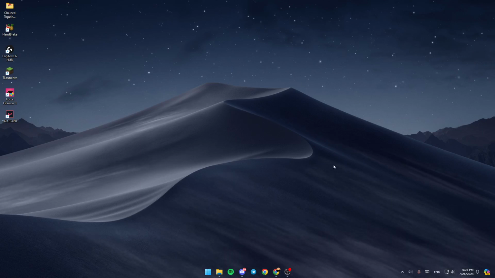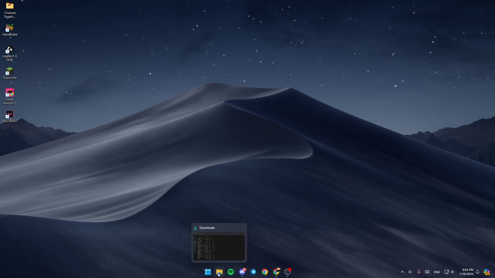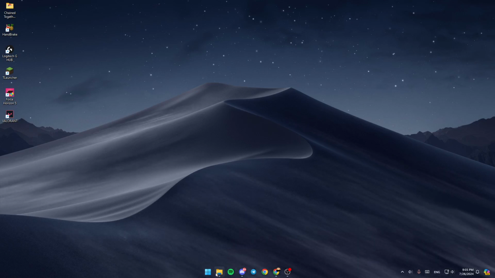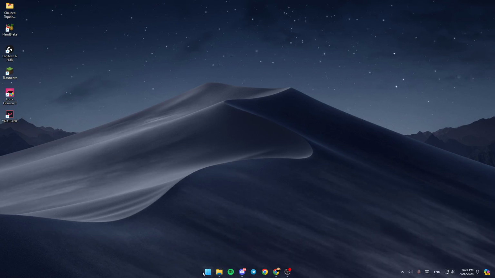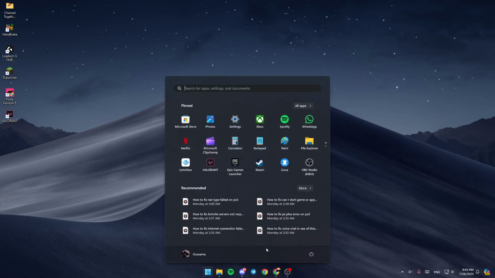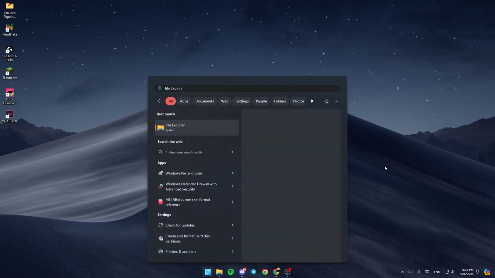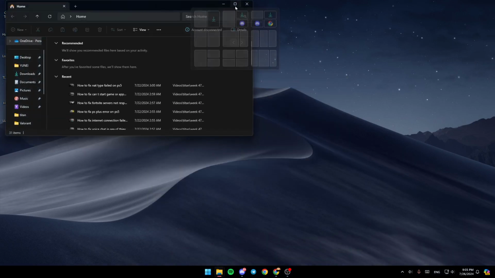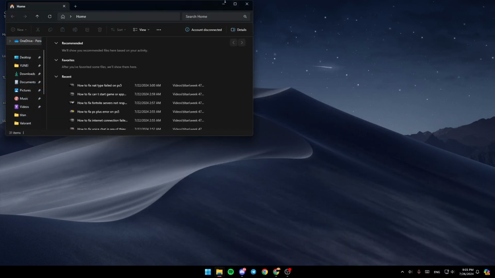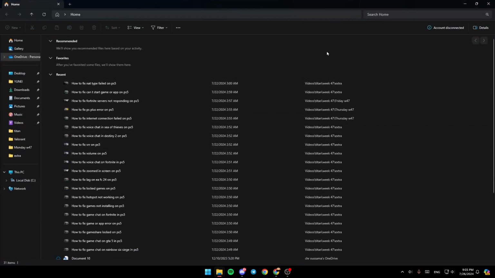So the first thing that you need to do guys is go ahead and open File Explorer. If it's right here, just click on it, and if you don't have it pinned here, just go ahead and click on the Start menu and then search for File Explorer. Once you find it, go ahead and open it. And then once you open File Explorer, go ahead and maximize the window, and then just go here to